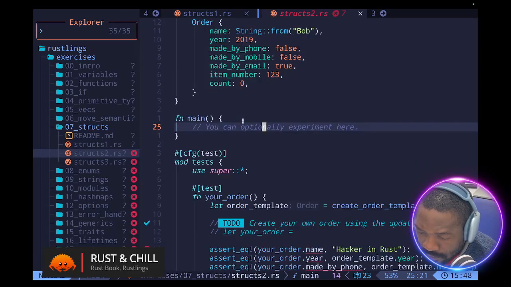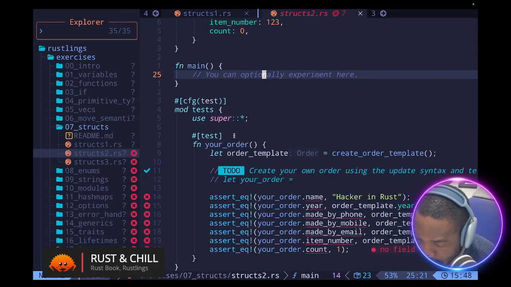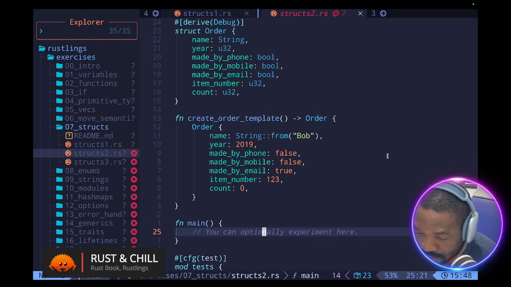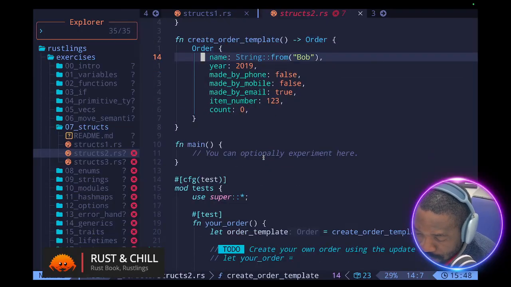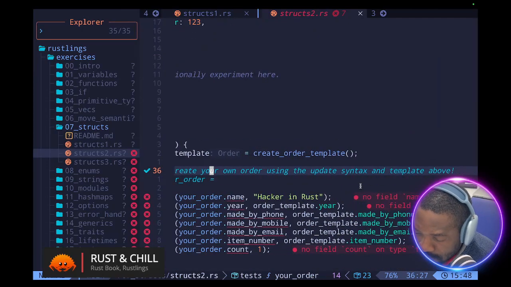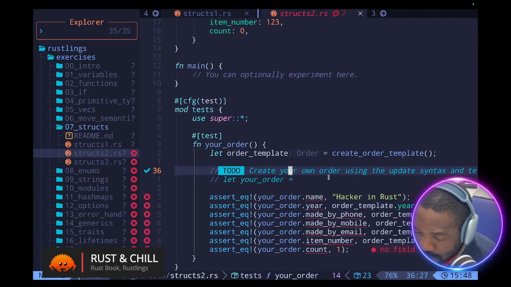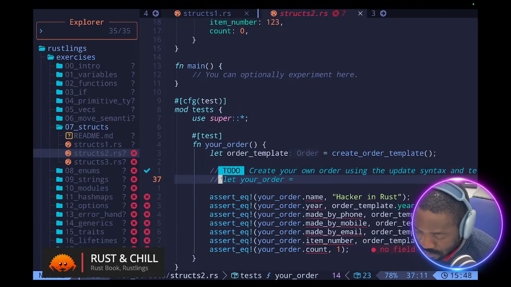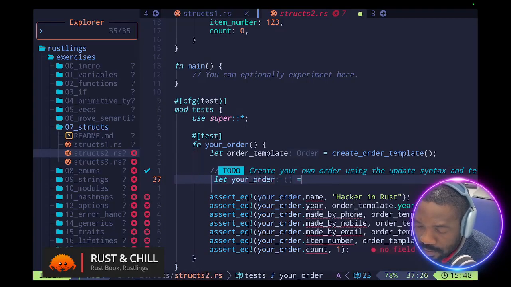What do we have? I have a test. We declare a variable, let order template be, and then we call create order template, which yields an order. Now we should create our own order using the update syntax and the template above. So now our order will be